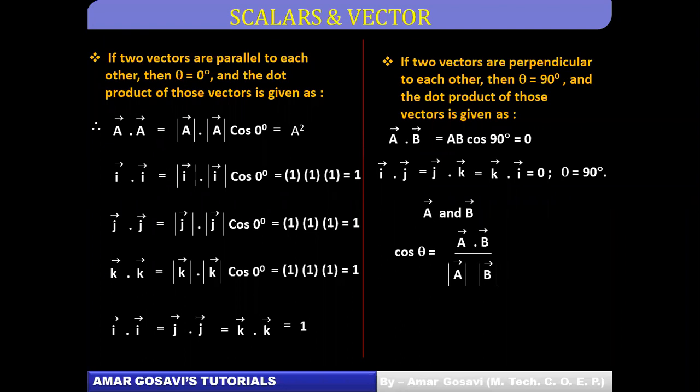So let's please make a note of this. Very, very important slide, friends. The important thing which comes out of this slide is that if two vectors are perpendicular to each other, then their dot product, or the scalar product, will be 0. Once you note it down, let me know so that we can proceed further.